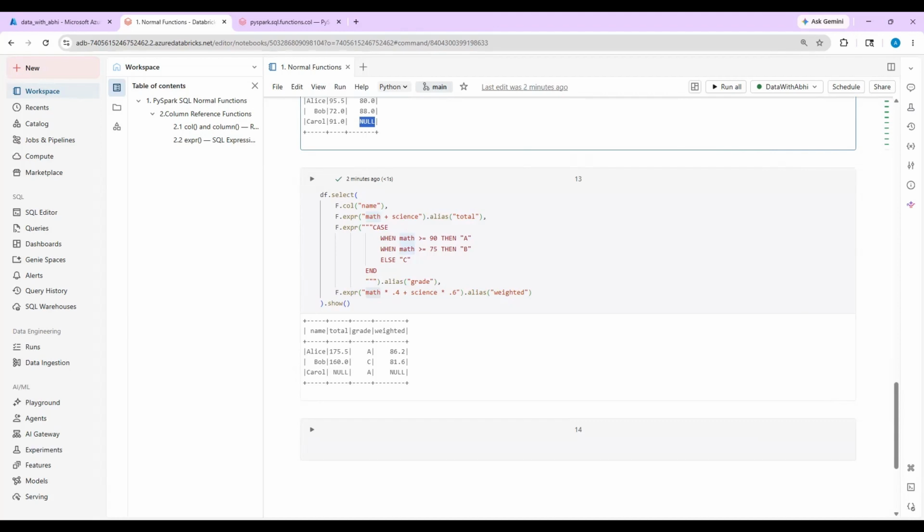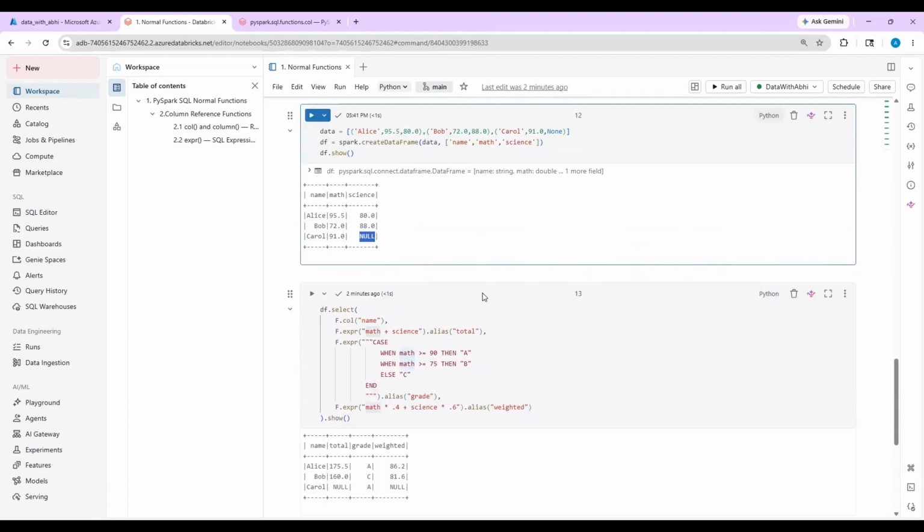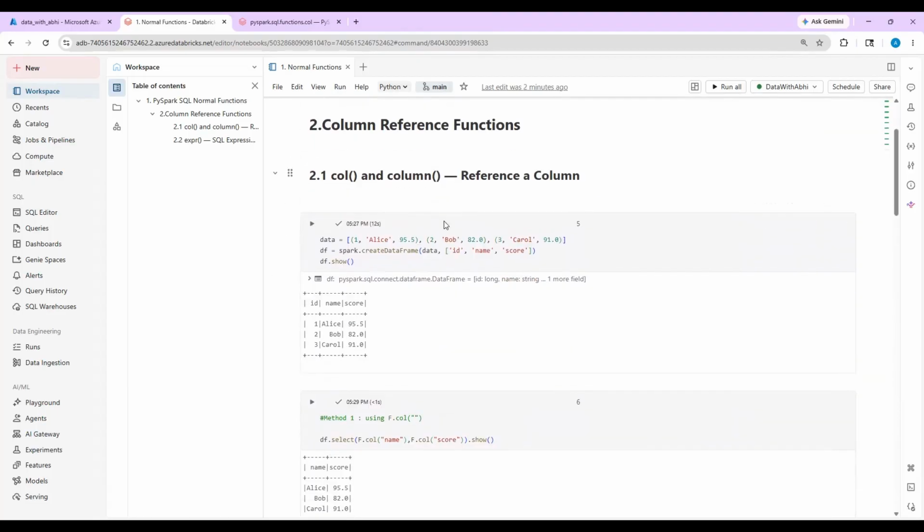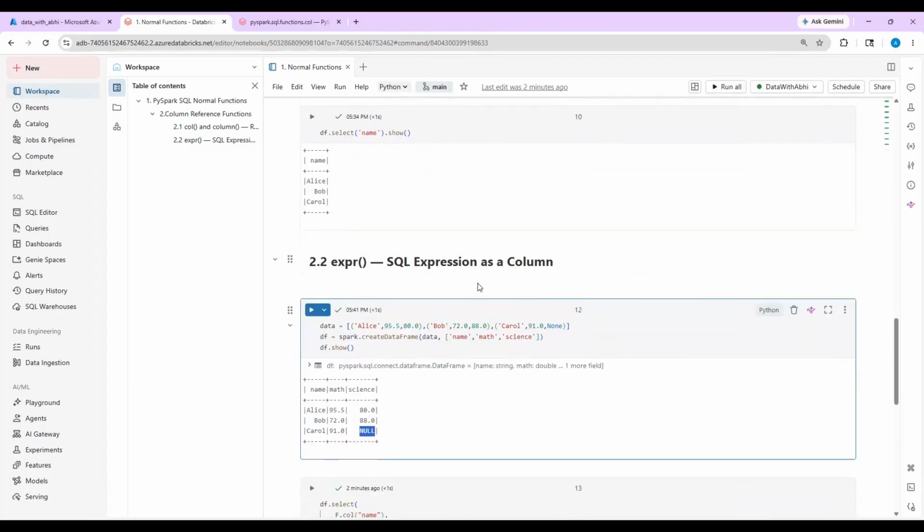Okay, now we'll move to the next topic. So for normal functions, specific to this column reference function, there is the column. Second function is EXPR. Okay,